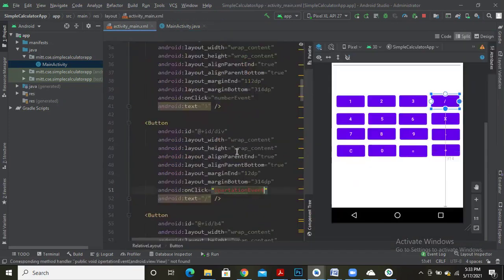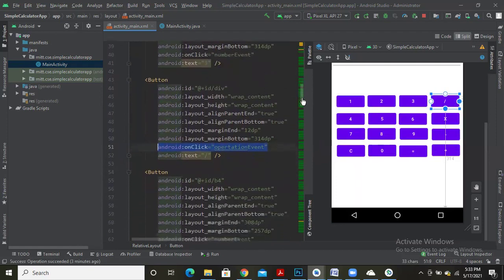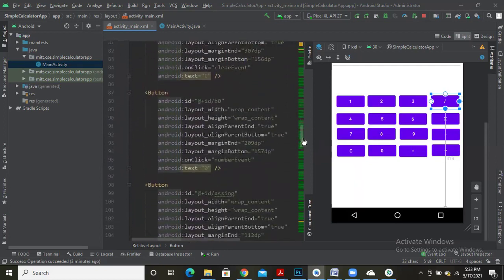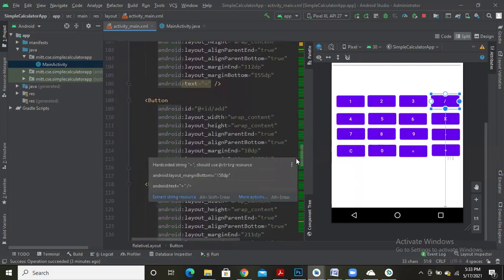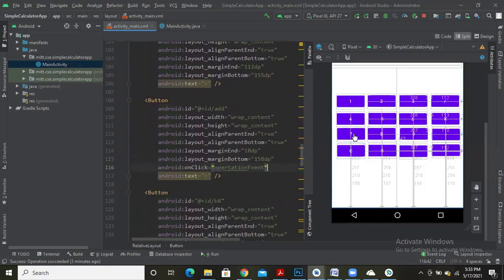Come back to the activity_main.xml file. Copy this property and paste it for all the buttons which are going to represent your operators. So divide is over. For the addition operator, let me add this operationEvent.